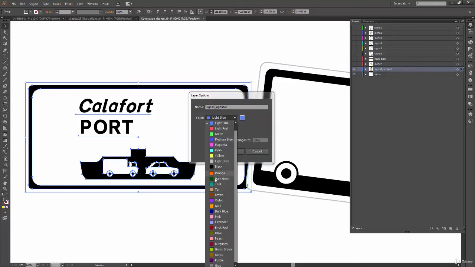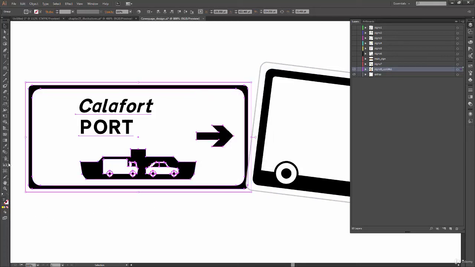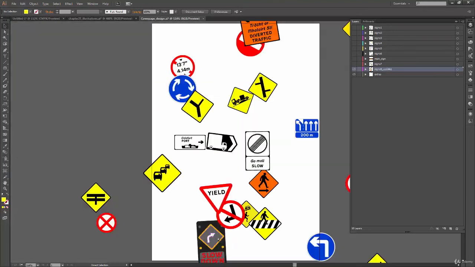So let us change this to magenta, and there we go. We have our color changed, and now all the outlines are in a different color and the bounding box is in a different color. So it is a good idea to have a color which is complementary to all these shapes. Let's say in this layer I mostly have blue, yellow, and I think red, orange, and black. So the color I have selected right now, the magenta, actually makes some sense because it complements all the colors, and I can see my selection very clearly that I have selected something.